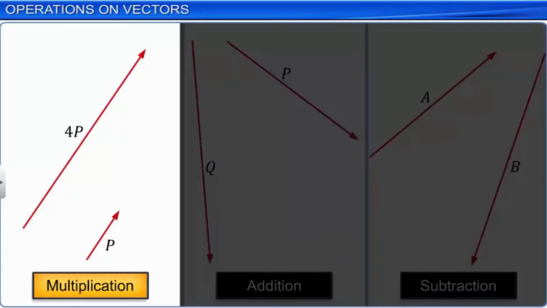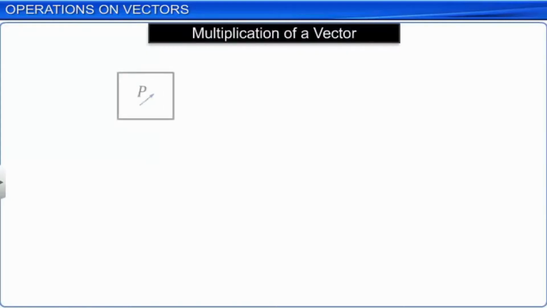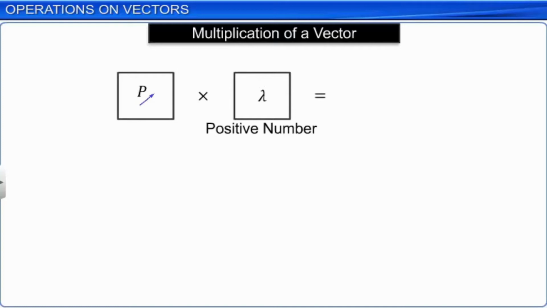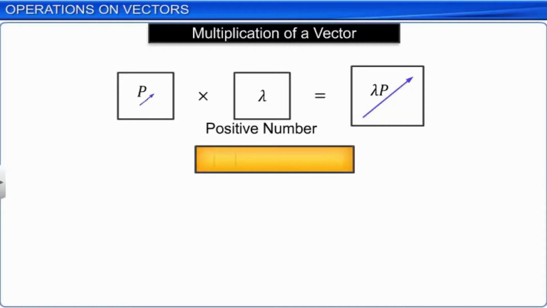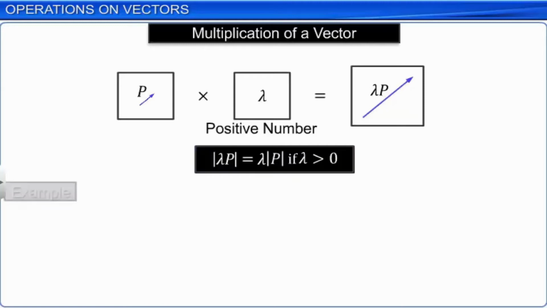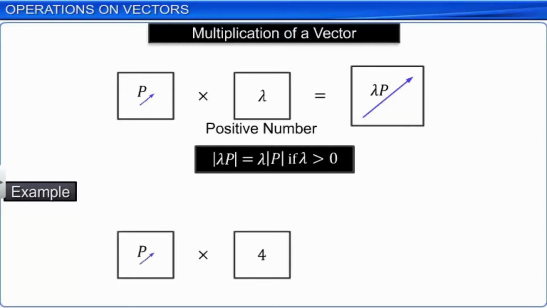When you multiply a vector p with a positive number lambda, you get a vector whose magnitude is changed by the factor lambda. The direction remains the same as that of p. Mathematically, it is expressed as mod of lambda p is equal to lambda into mod p. For example, when p is multiplied by 4, the resultant vector is 4p, whose magnitude is 4 times that of